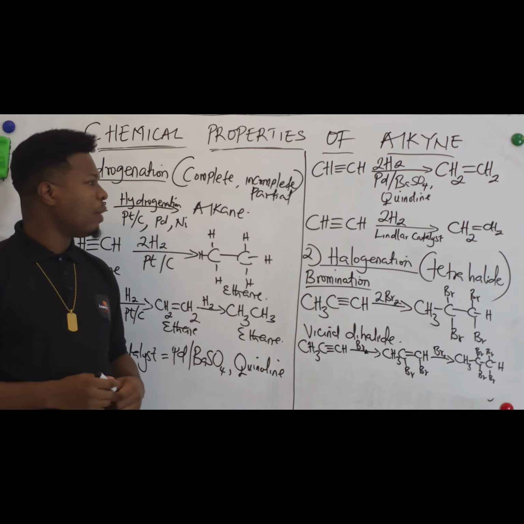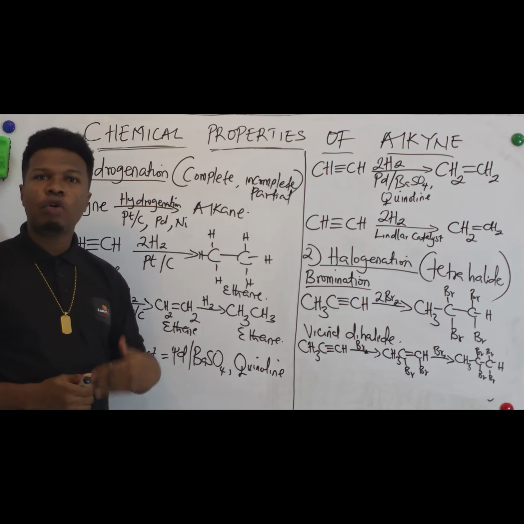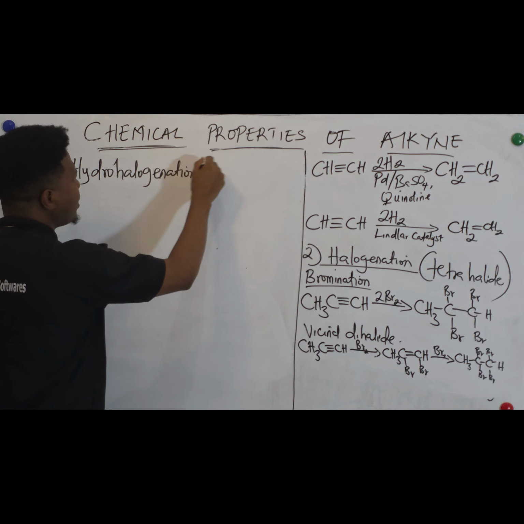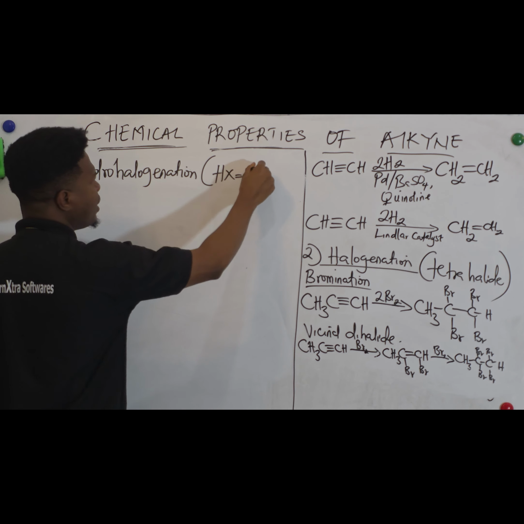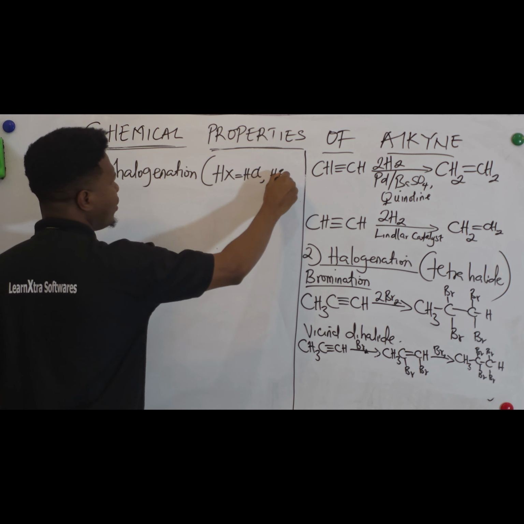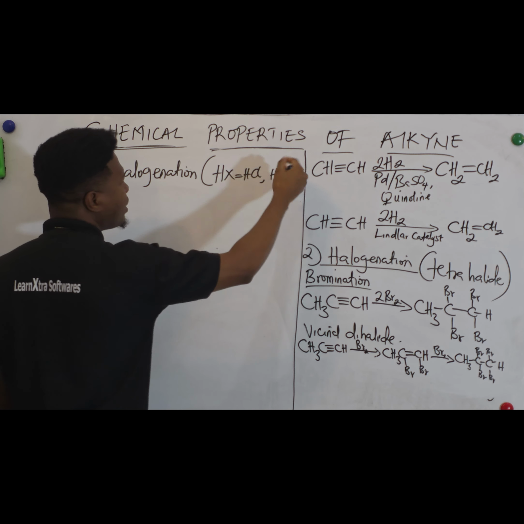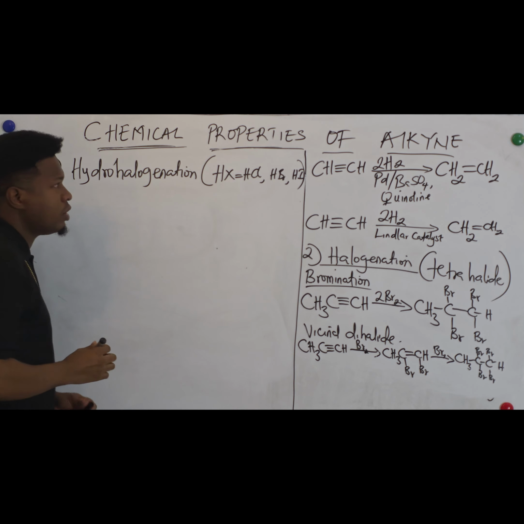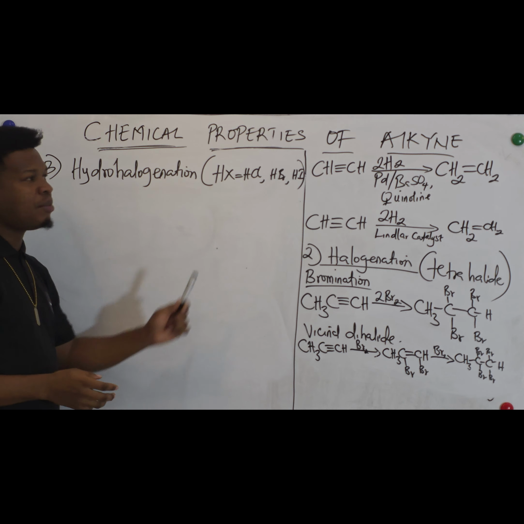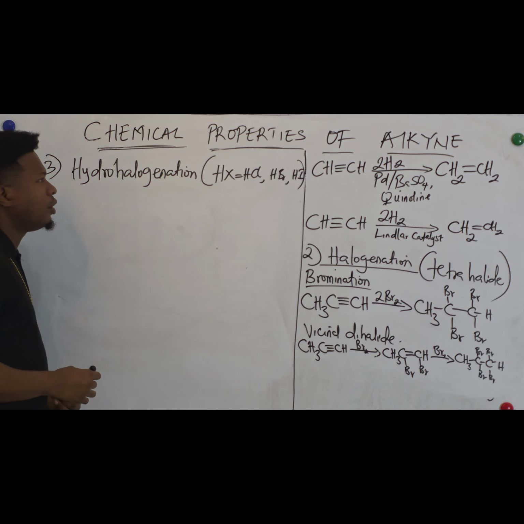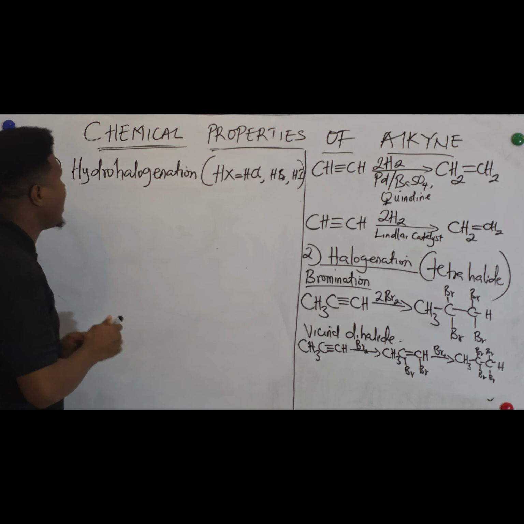the next reaction we're going to talk about is hydrohalogenation. So you know what this is? This is the addition of what? HX. So this HX, you know them, HCl, HBr, HI. We also have HF, but most of the times you don't use that for this reaction. So in your exams, you see mainly these 3. So the addition of this HX